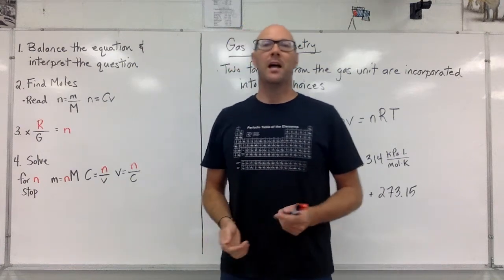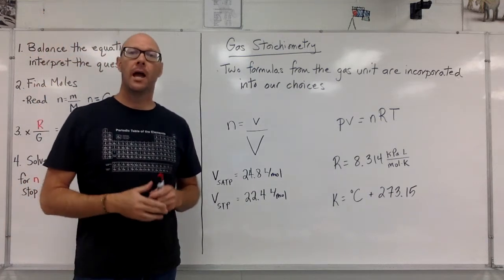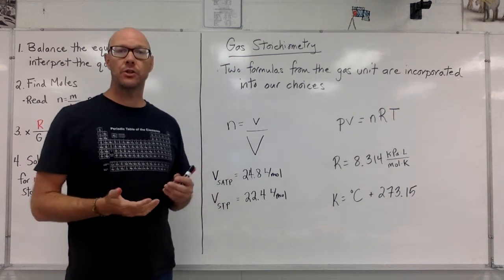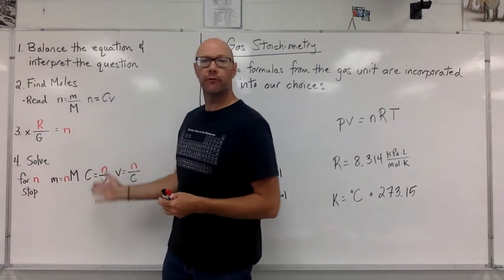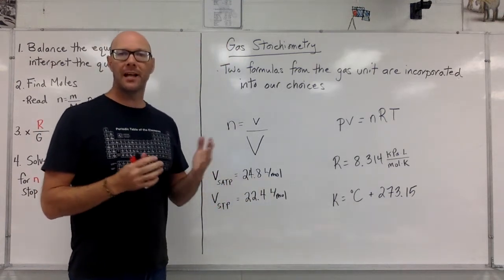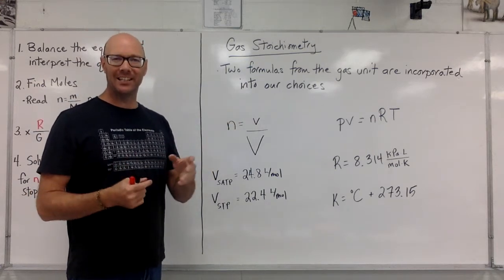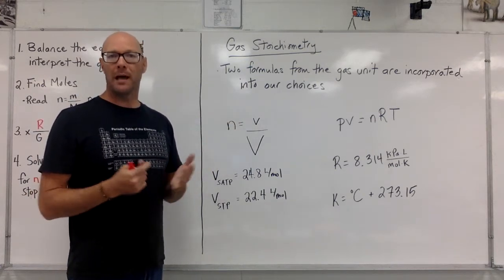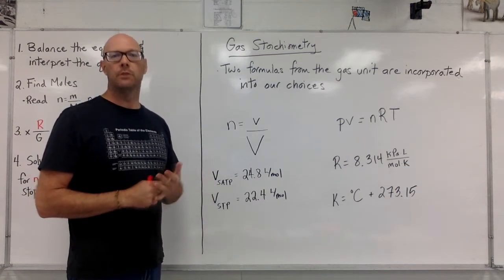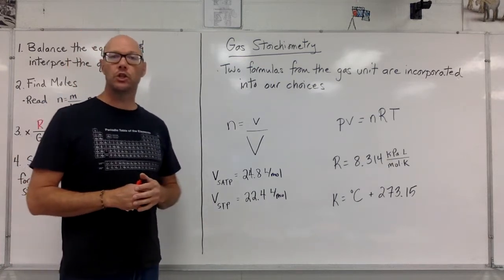Hi everyone. This is our first look at gas stoichiometry. Gas stoichiometry is going to take two formulas from our gas unit and incorporate them into our 4 steps. These formulas are the molar volume formula, Avogadro's law, where the moles equals the volume in liters divided by the molar volume, capital V. Reminder that molar volume at SATP is 24.8 liters per mole, and at STP it's 22.4